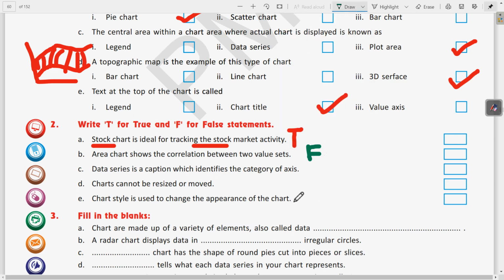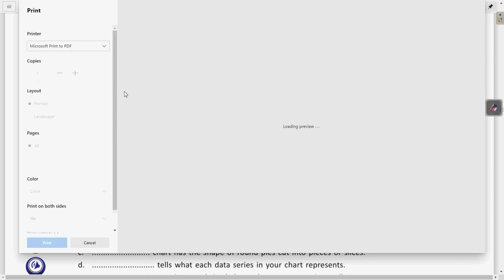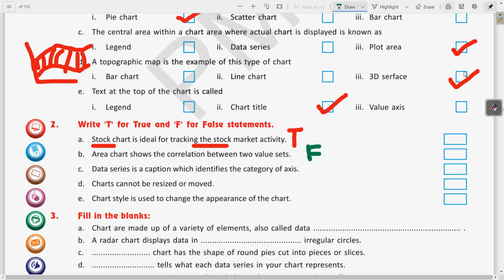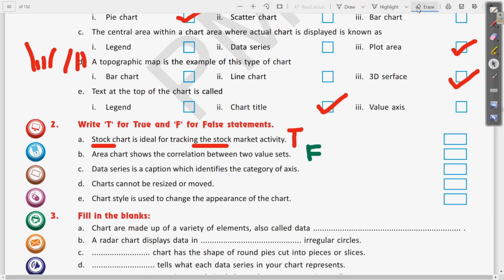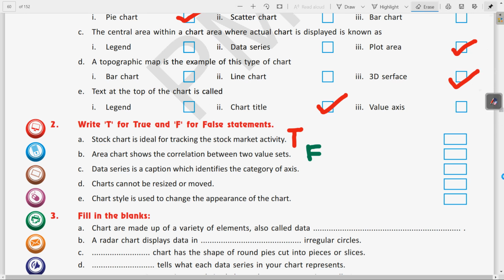Then question number C, the data series. Let us erase this first. Okay, wait a moment. So here we are. So question number C is, the data series is a caption which identifies the category of the axis.